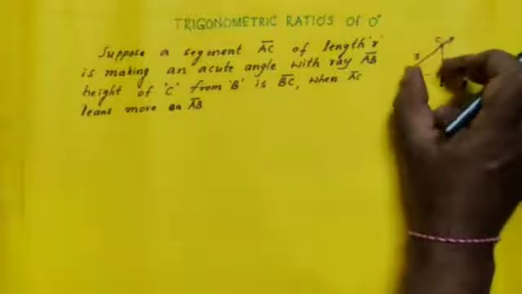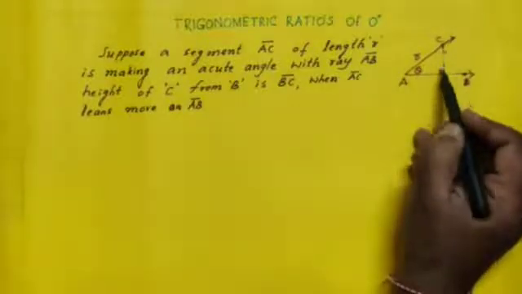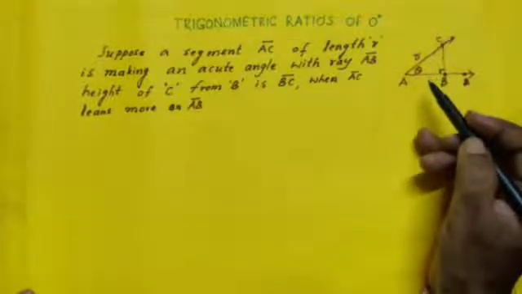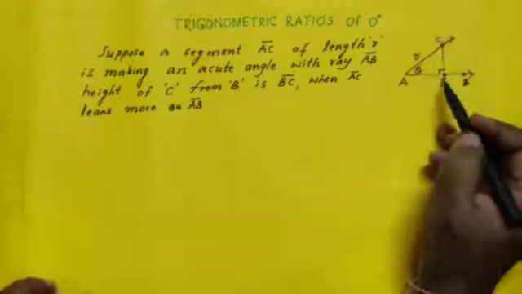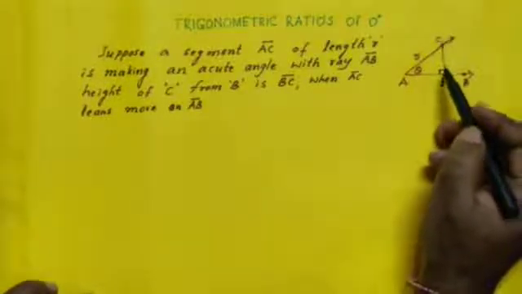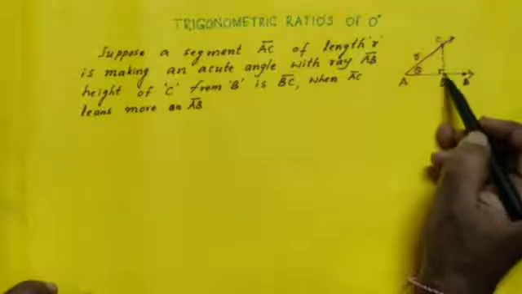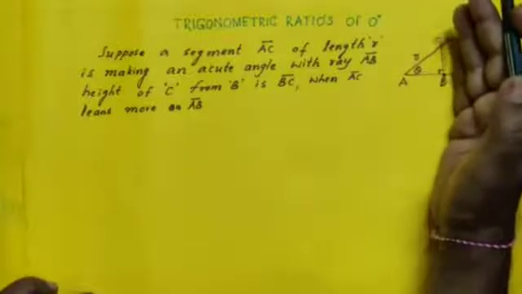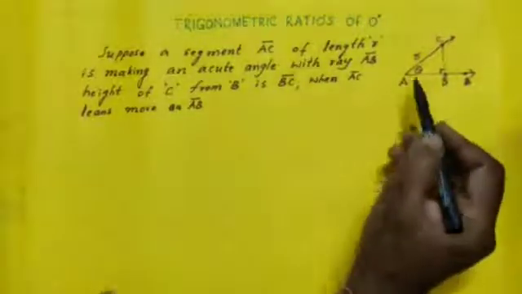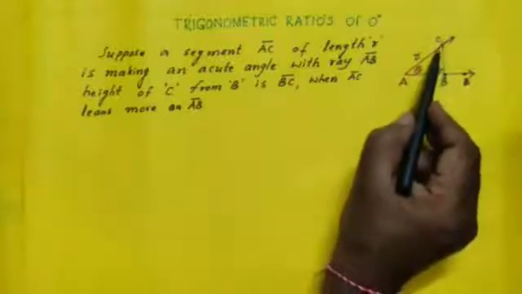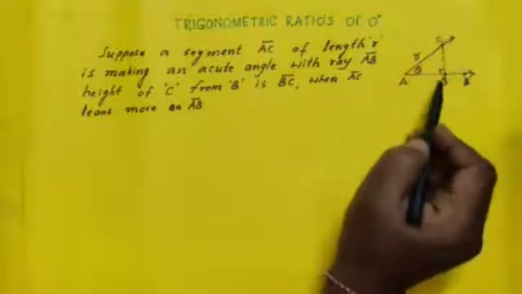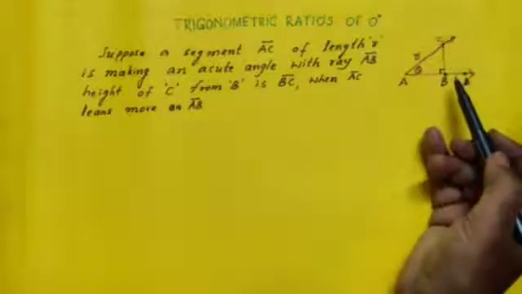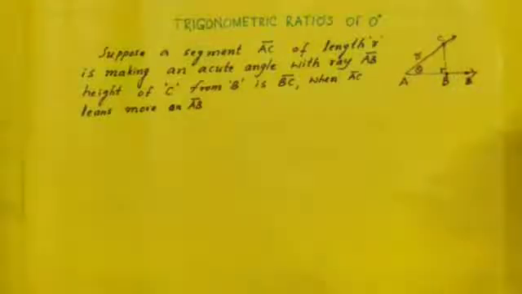This height also decreases. If it decreases, the distance BC will also decrease, and the height of C from AB decreases, and the foot B is shifted. Because if it is lesser, it automatically becomes nearer to AB, so B is shifted to B1, and again it is shifted some more.